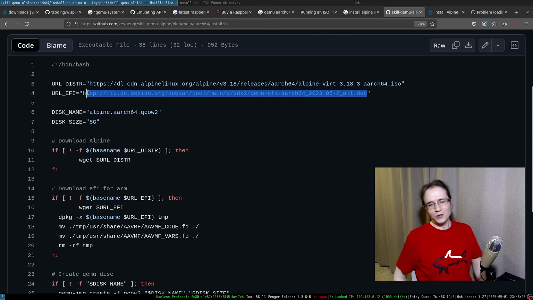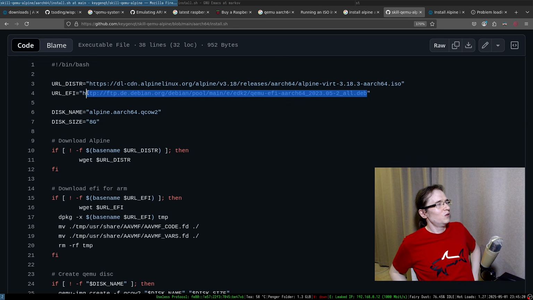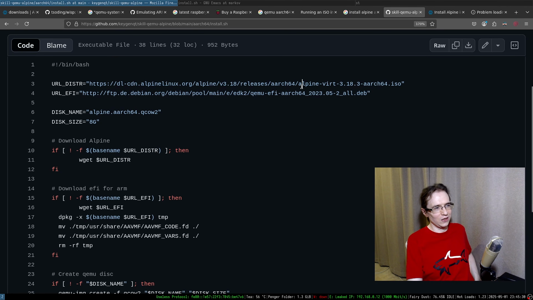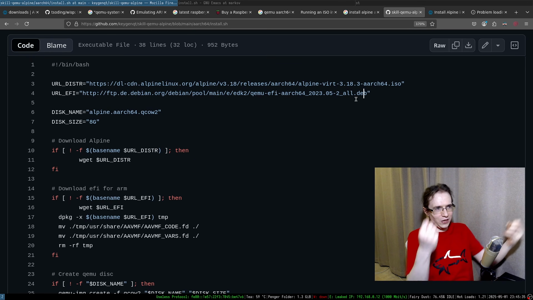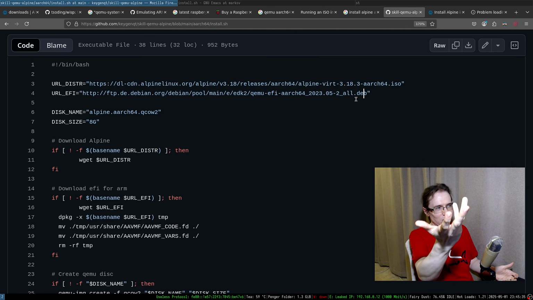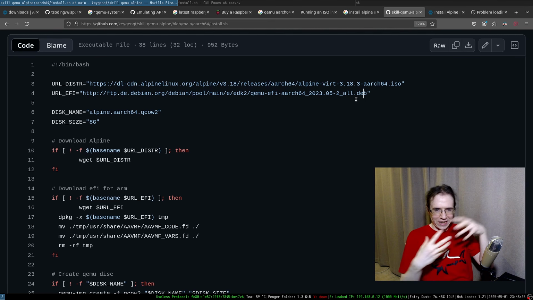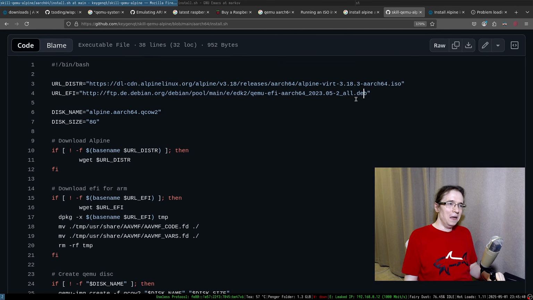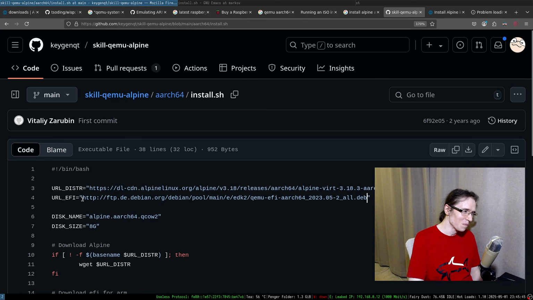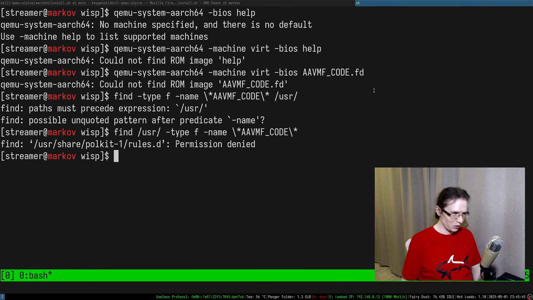Guys, I'm starting to think that running Linux on QEMU is kind of an unsolved computer science problem, because you're literally stitching together solutions from different distros. You have Alpine, then you have a BIOS from Debian, and you just try to... Holy shit.